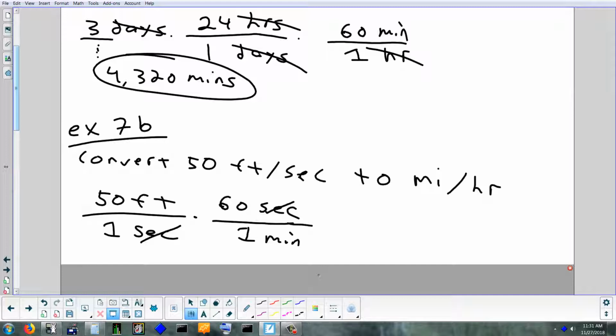Now if we start, we would have feet per minute. So we've got to keep going. The next step up from a minute is an hour. So there's 60 minutes in an hour. Where would minutes go here, top or bottom? Top. 60 minutes in 1 hour. If we stop now, we'd have a speed in feet per hour. So my time unit is good. I got the time where I need it. Now I need to get